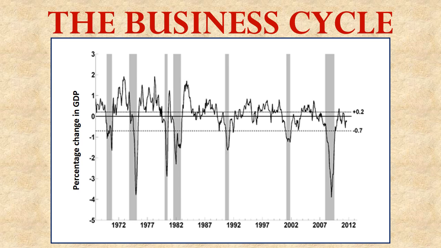In the next lesson of this unit, we're going to be talking about how the government tries to intervene in the economy, intervene in the business cycle. And I'll mention this again then, but I'll just do it right now while I have this chart up. They can't really stop these ups and downs from happening, but what the government's going to try to do is just smooth them out a little bit so that the recessions aren't so deep. And we'll talk about that more in the next lesson, but we've got a few more ideas to cover in this one first.